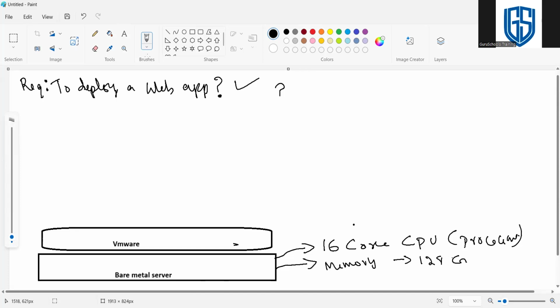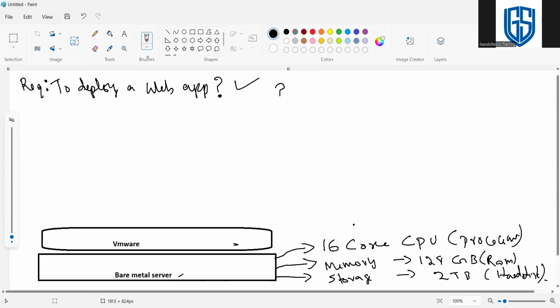Okay, this is just a rough figure. And coming to storage, a 2 TB hard disk. So this is the configuration of this bare metal.